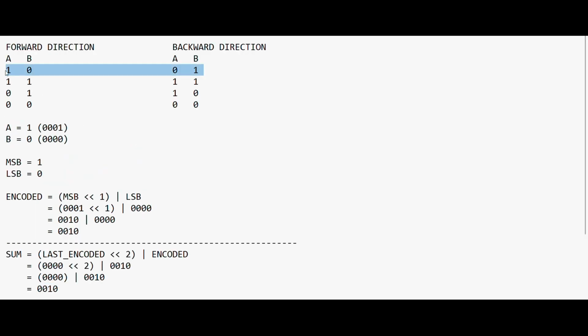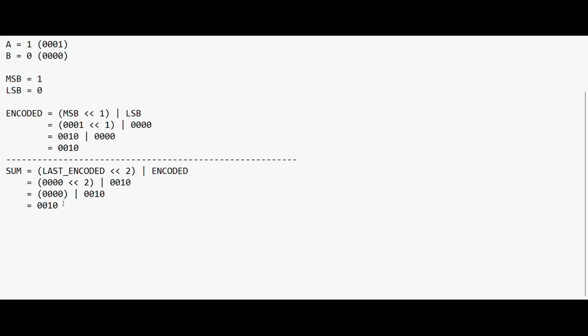Here is our first step, 10. For 10 we have the pattern 0010. So here we will first write our pattern for forward. So we can write here forward pattern equals to